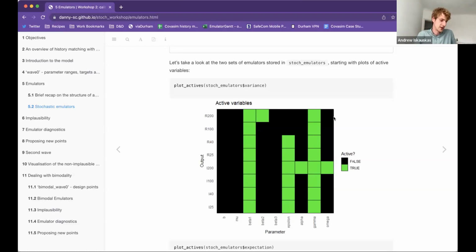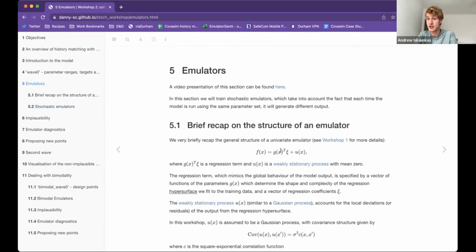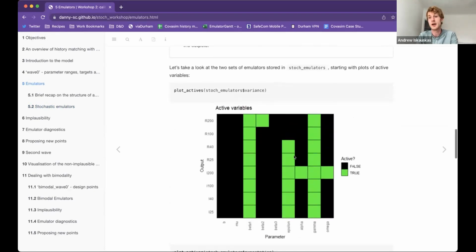the active variables question is a very interesting one. So when emulator from data is running, the first thing it tries to do is build up that regression surface, that first term we talked about here, the G(x) transpose, etc. It will try to build in as many terms as it can within reason. If you've worked with lm in R and worked with stepwise add, stepwise delete, it's trying to do something like that on a rough sort of BIC criteria